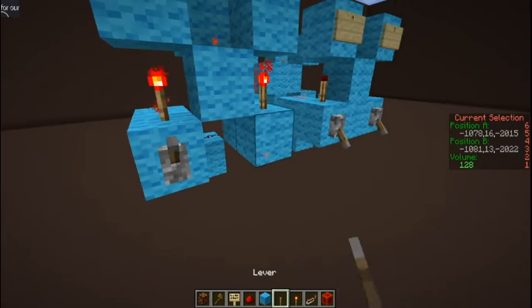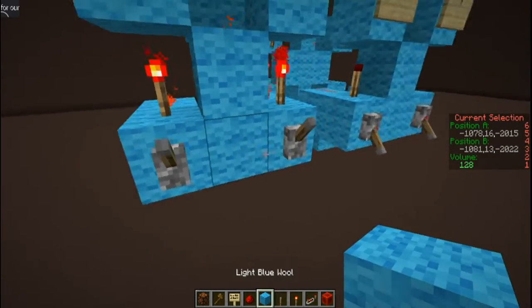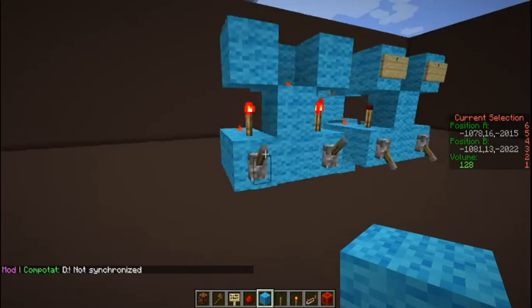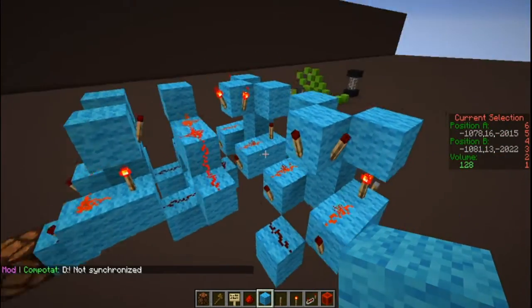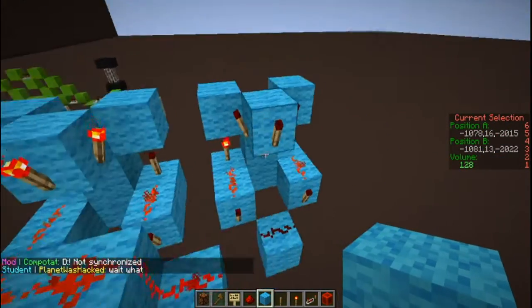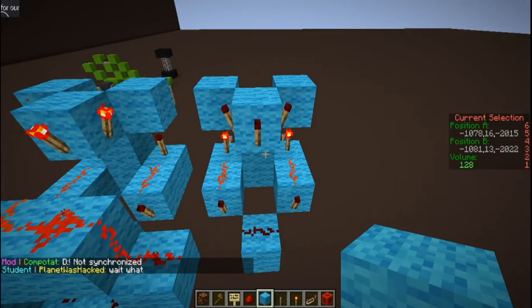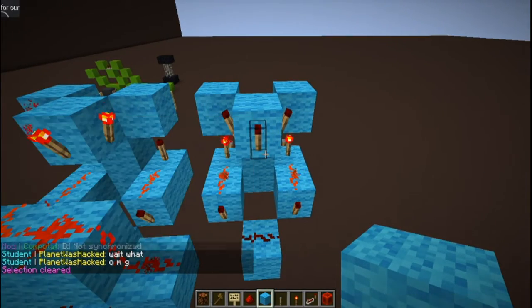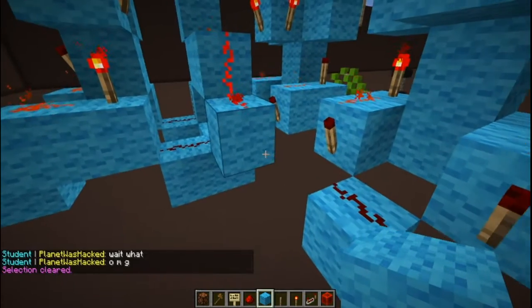So now this is a fully functional XOR gate. I'll add that so that it's easy to see they're linked. So that's how you do an XOR gate. Then the next part,